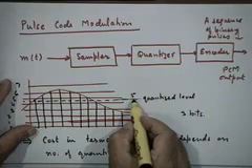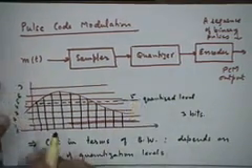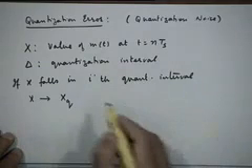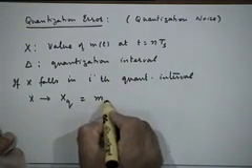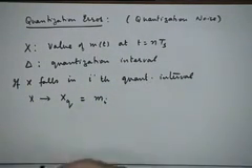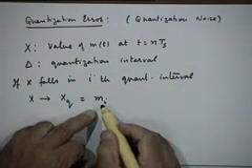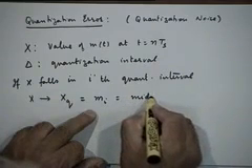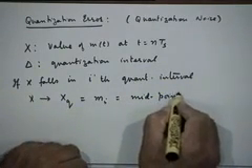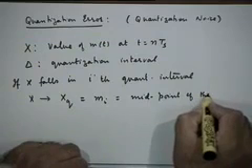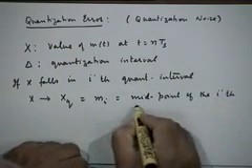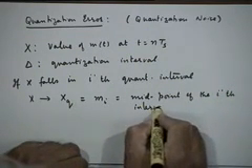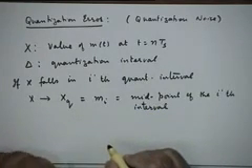This is the actual value, but it will be converted to this level, which I am calling x sub q. What is this value? This value is the middle value of the interval, typically m sub i. I will denote it by m sub i, right. So, m sub i is the midpoint of the ith interval, right,